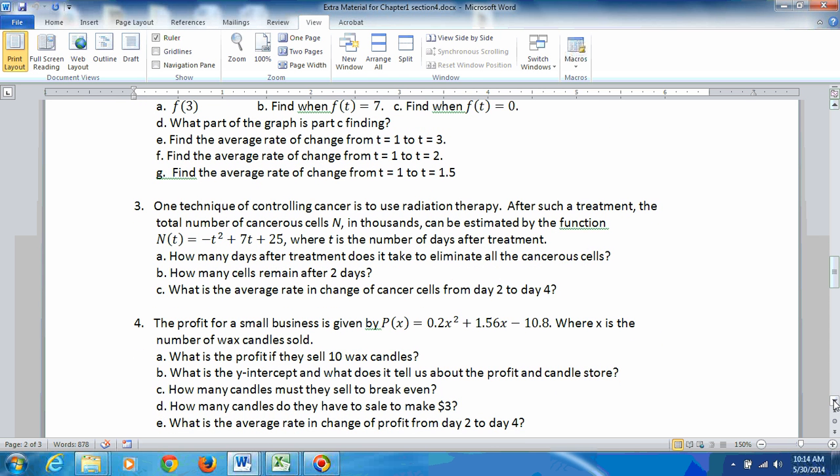You can see it's the same type of thing here for this quadratic, average rate of change. This quadratic right here, evaluated at x equals 10, the y-intercept. To get a y-intercept, you put 0 in for x. How many candles to break even? To break even, the profit would be 0. So you're finding the x-intercepts. To make the sales 3, put 3 in for y, and the average rate of change from 2 to 4,